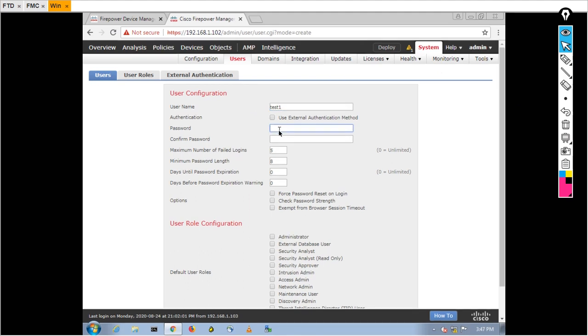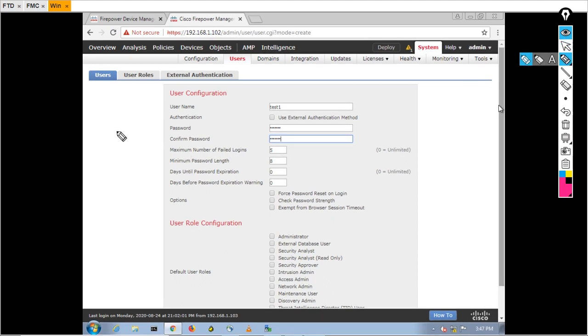For the password, I'm going to give test123, and confirm test123. And you can see here maximum number of failed logins is 5, maximum password length is 8, and days until password expiration, days before password expiration warning. These things you can change here.